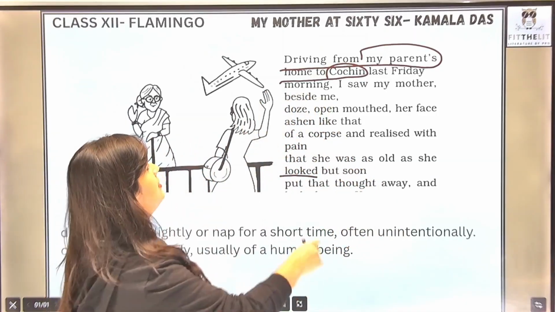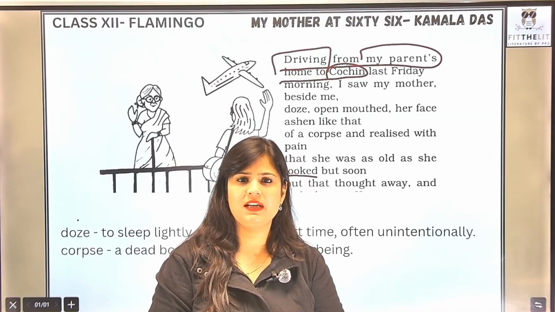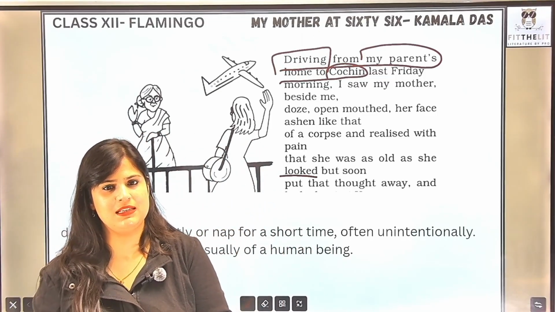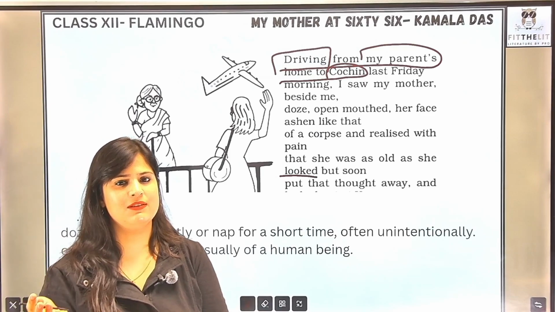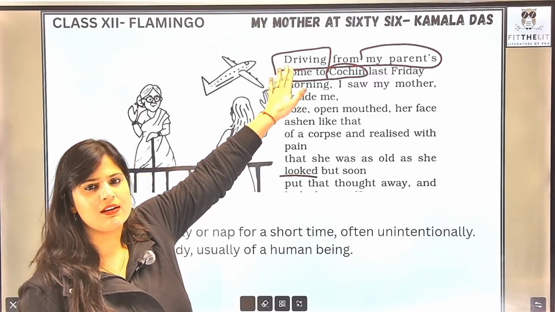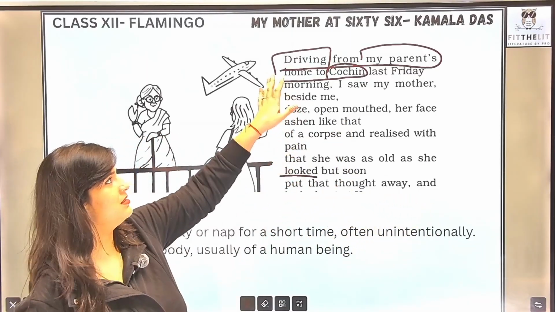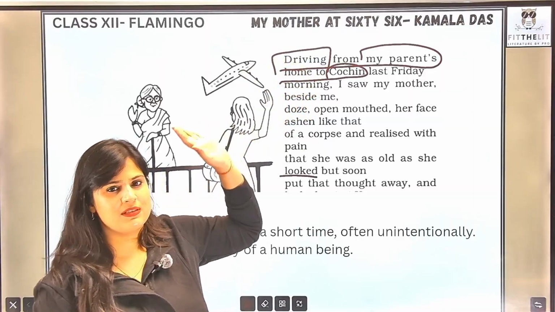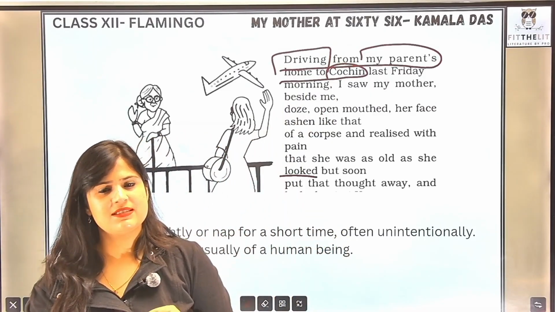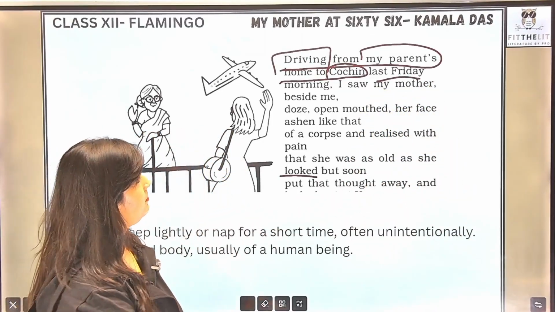Now driving here is an ambiguous term, in the sense that she has not said that she is driving, right? So it is also a possibility that there is a driver and these two ladies, the mother alongside the poet, both are sitting in the back seat, right? We also call that driving, in the sense that she is not actively driving but she is in the car, right? So there is no clarity whether she was being driven by a driver or she was herself driving. So she was certainly sitting inside the car and going from her parents' house to Cochin airport. So the context is clear. And the day is also given: last Friday, Friday morning.